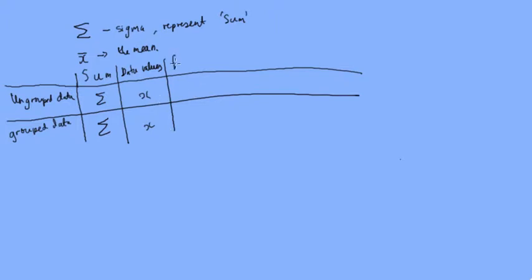The frequency of data values does not matter for the ungrouped, but for the grouped data, the frequency is f. The number of data values